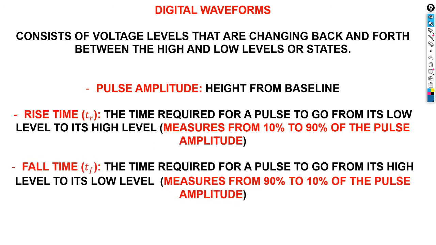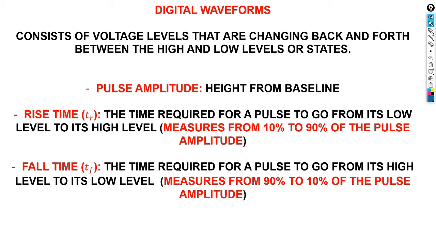The fall time, if they ask you the definition, is the time required for a pulse to go from its higher level to the low level, and it measures from 90% to 10%